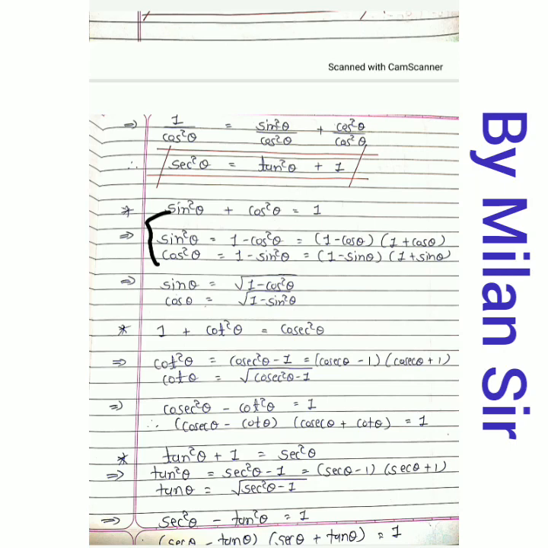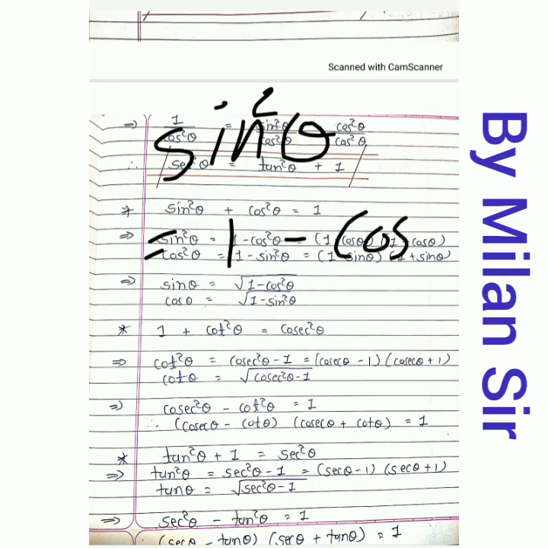So here the square root of sine square theta is sine theta. So here, square root of 1 minus cos square theta. Same way for cos, if I want to find cos theta, then take the square root of 1 minus sin square theta. Now one more formula. Here I get sin square theta is equal to 1 minus cos square theta. Now I can write here all square and all square. Cos theta all square means cos square theta only.